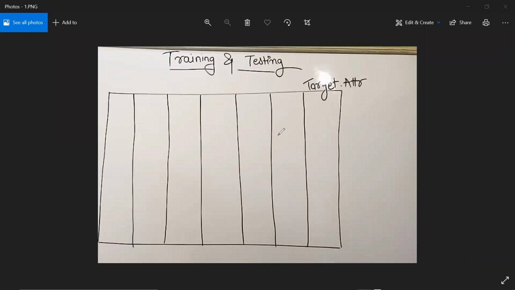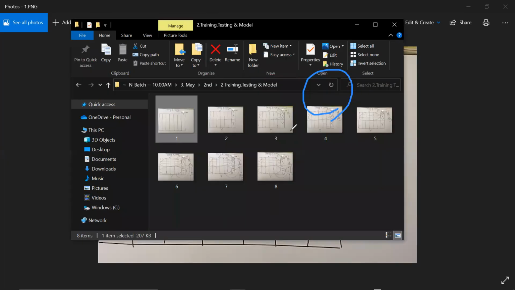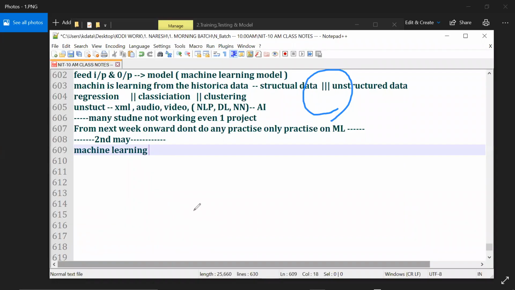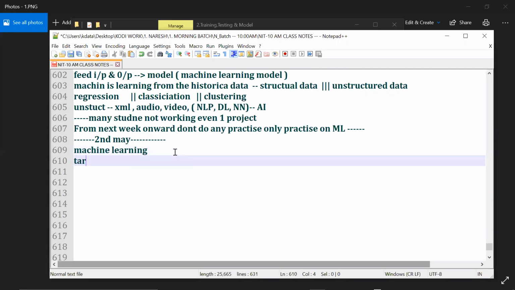Just one moment. In the data set, this is the target variable. What is meant by target variable? Independent or dependent? You guys are saying independent. Okay, let's see. I think I forgot to tell you.